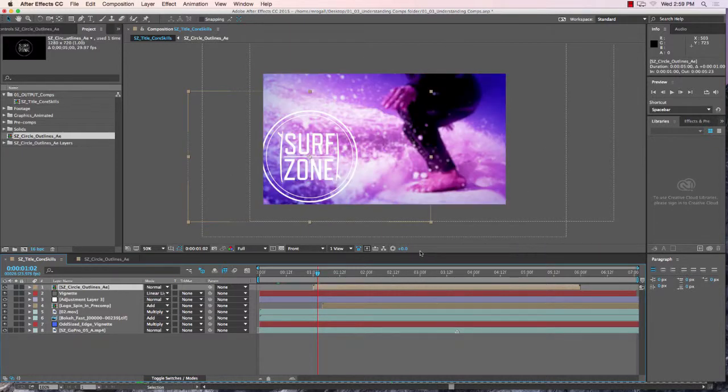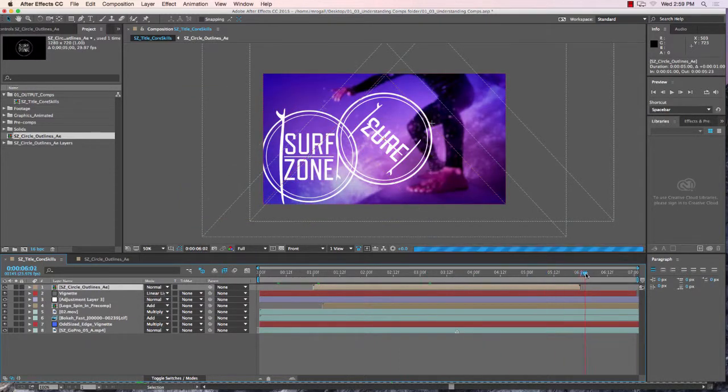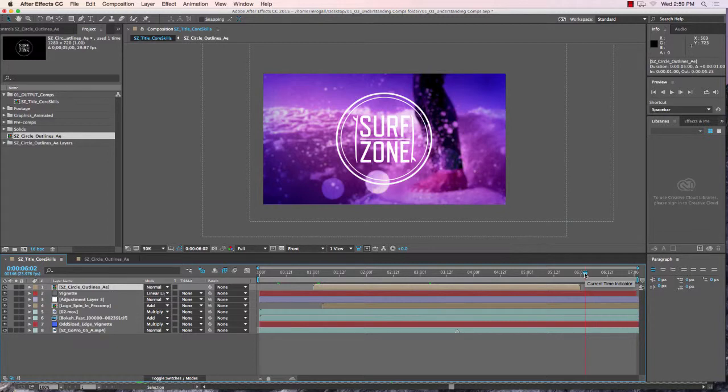This computer needs more RAM. Yeah, and then of course at 6 seconds, it just disappears again. Okay,